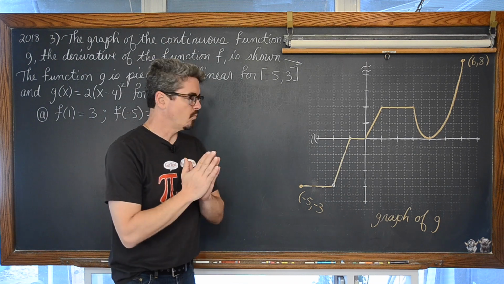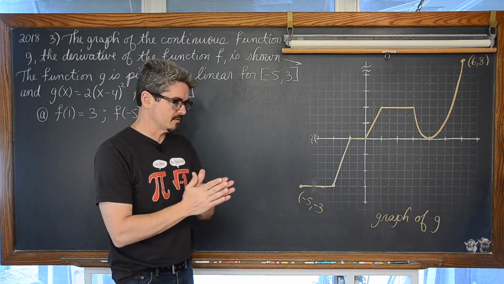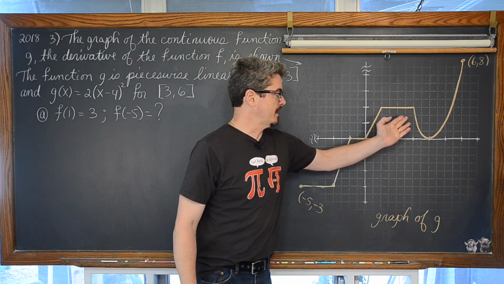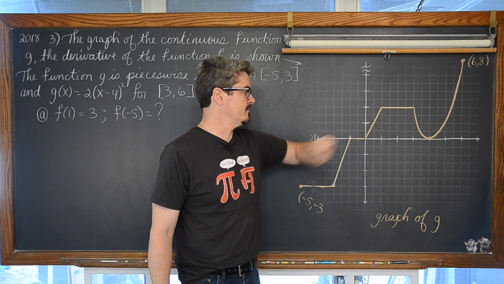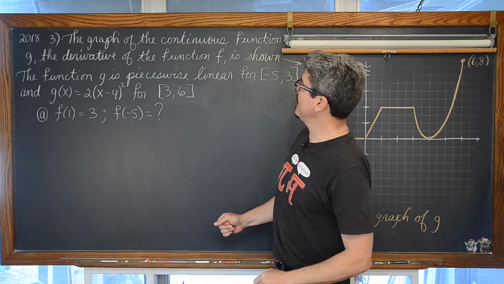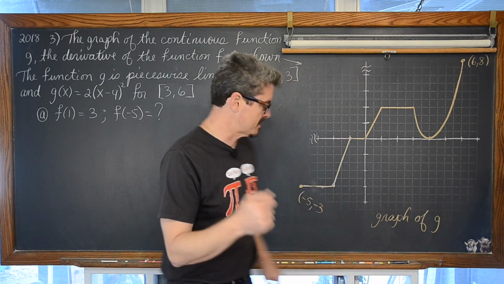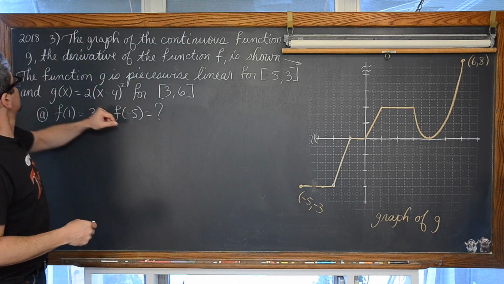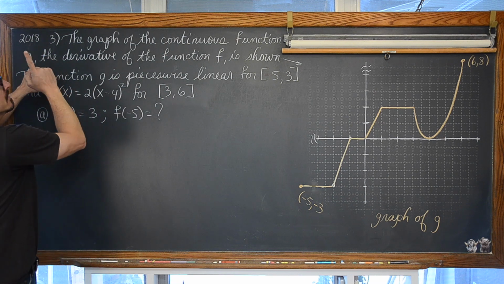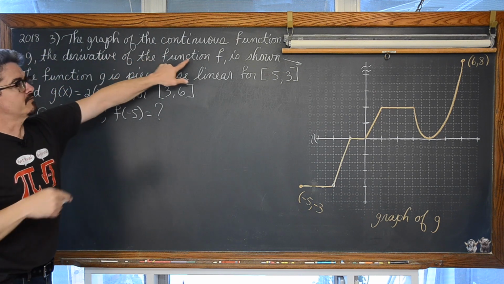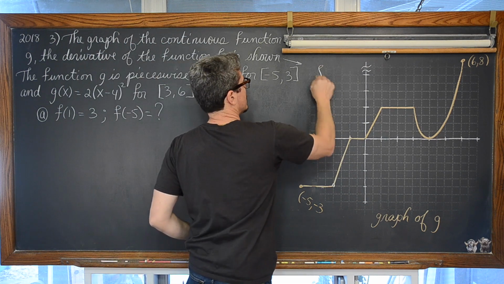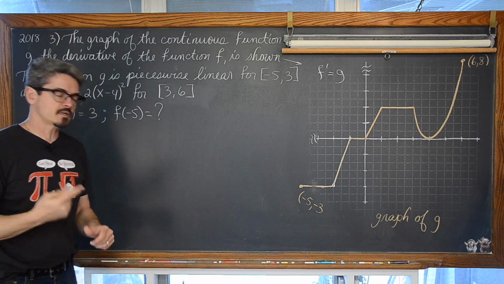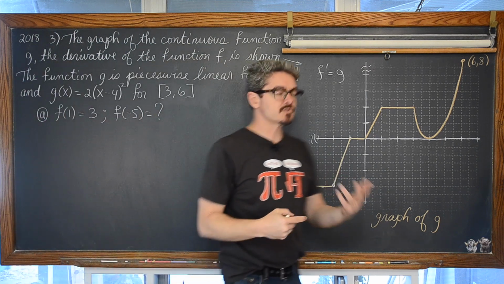Now, one thing you want to be aware of in this particular question, or others like it, anytime they give you a graph and tell you that it is a derivative of another function, you want to put somewhere in your work that connection: if g is the derivative of function f, then f prime is equal to g. That's going to help, and it's also going to be a conditions check on another part of your question.